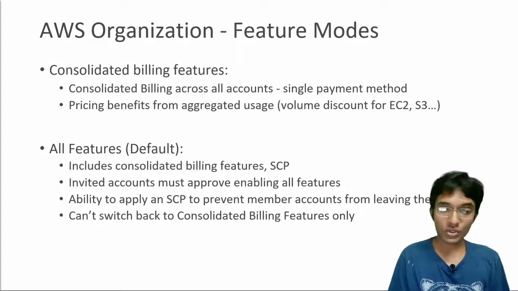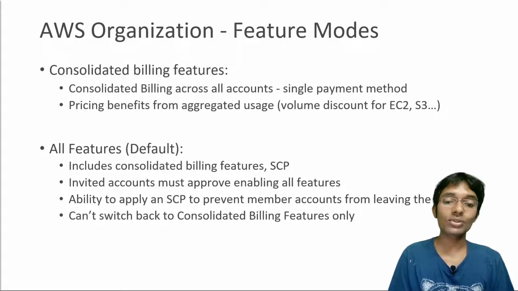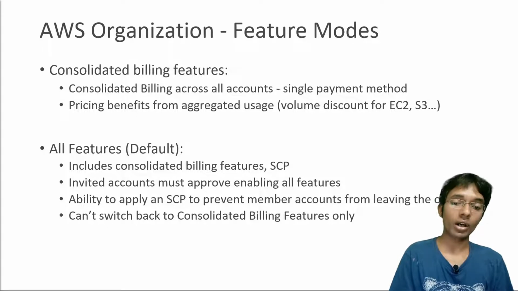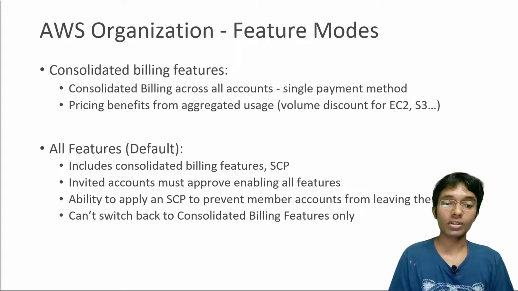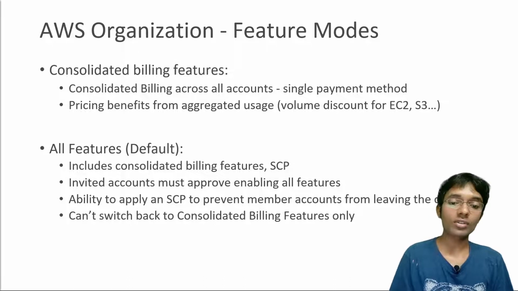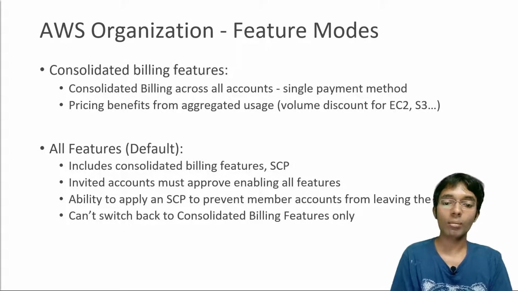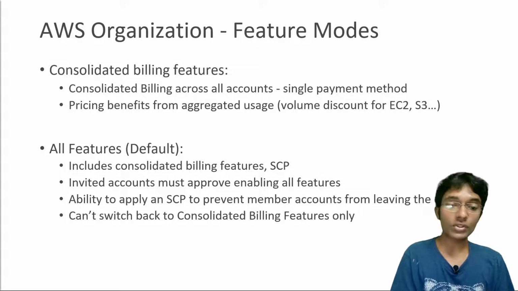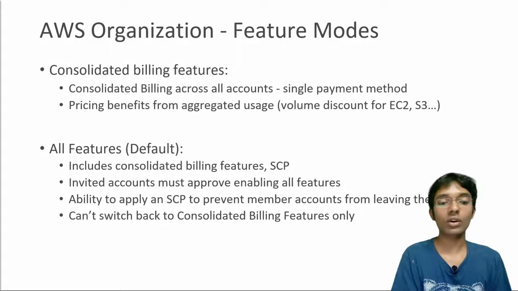And then once you have all features enabled, we can use an SCP, a service control policy, to prevent the member account from ever leaving the organization. This is why accounts that have been invited into an organization with all features must approve these features beforehand. And once you have enabled all features, you cannot go back to using organizations only for consolidated billing. Okay,